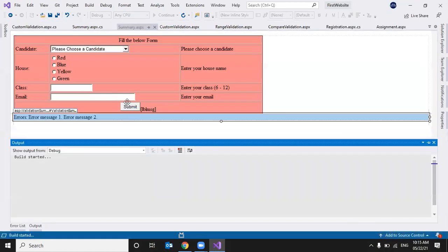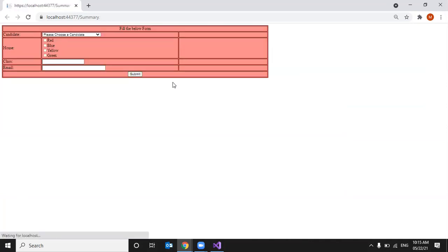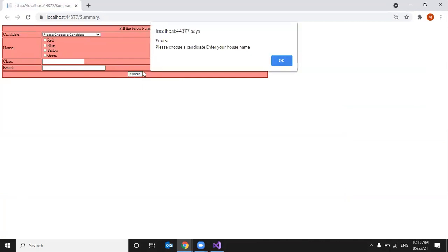Now it will display in a single paragraph. So I'm not selecting anything and clicking on submit button. Please choose a candidate, then enter your house name. So it displayed 2 of the messages in a paragraph.